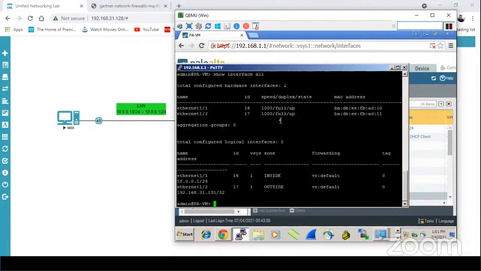Once you put this command, show interfaces all, it will show you all the interface configuration. We have two interfaces, 1/1 and 1/2, connected here, with the static IP assignment and the DHCP IP assignment on the outside interface. If you want to check the connectivity,